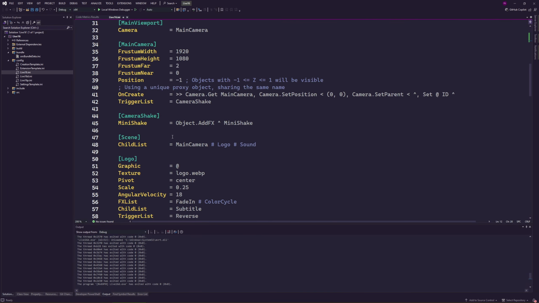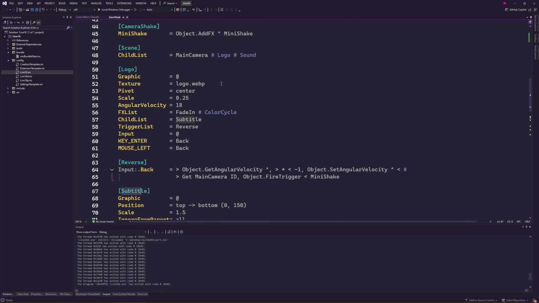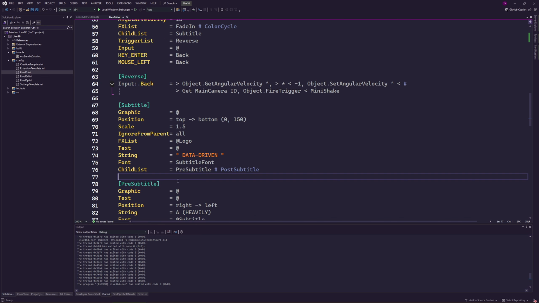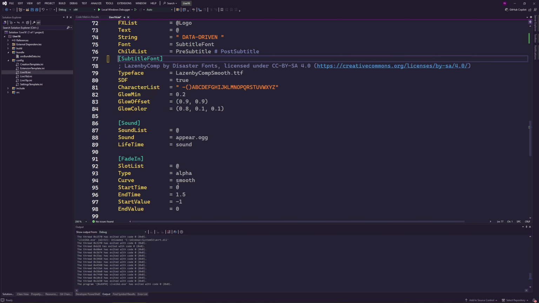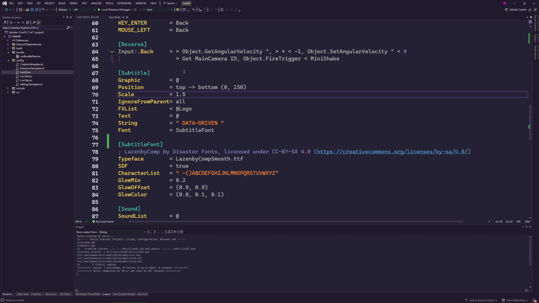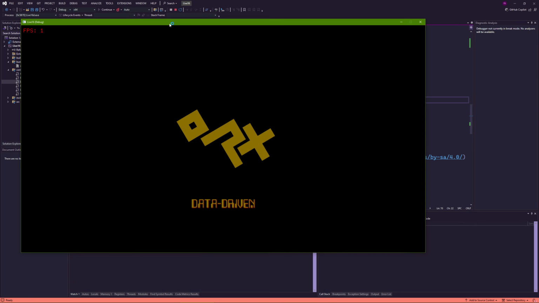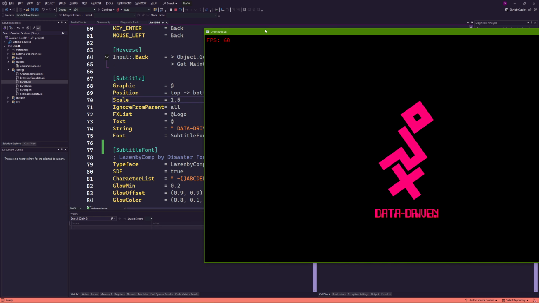So let's keep just one of the text. I think it's called subtitle. There we go. Let's get rid of the rest. We're just going to keep the font. Okay, and here there was a scale of 1.5. And you know what? Let's put it in release so that it's a bit faster. Oh, actually, so that you experience it. In debug, here it appears quite fast. There we go. I will keep it here.